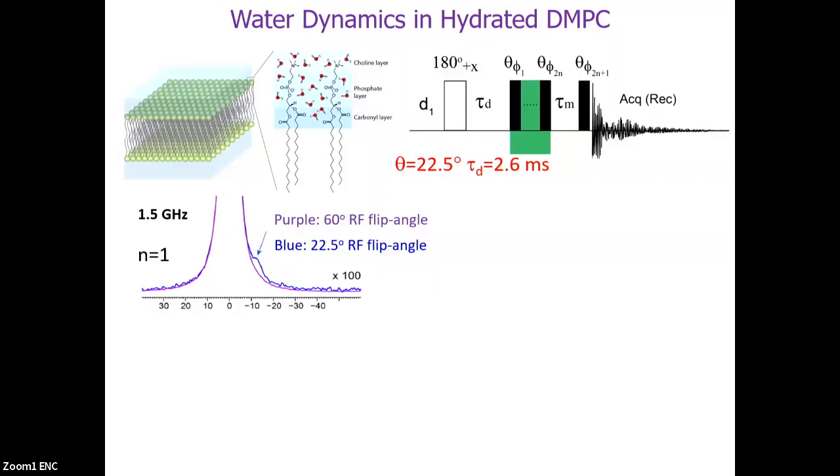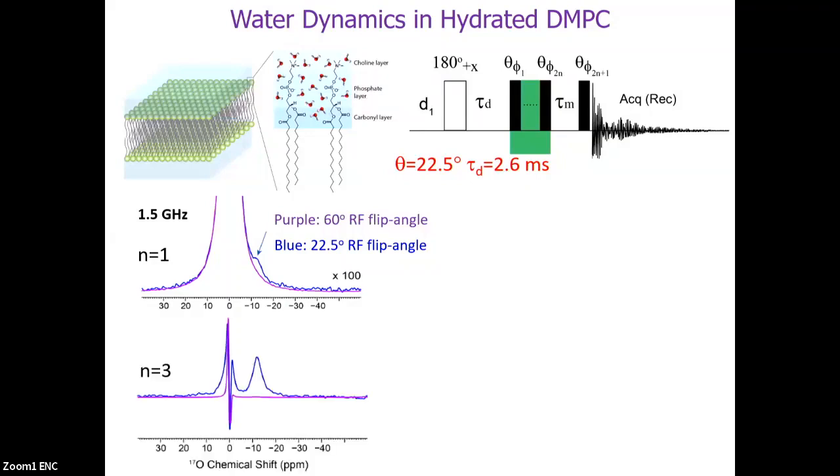And then when we set the flip angle to 60 degrees, if this resulted from a large quadrupole coupled water, then the 60 degree equals the 180. We should see a null signal as indicated by the purple here, suggesting it's resulted from a large quadrupole coupled water. And we move to n equal to 3, which is 7 pulse. So now we sufficiently suppress all the bulk water signal, and we resolve a very nice O17